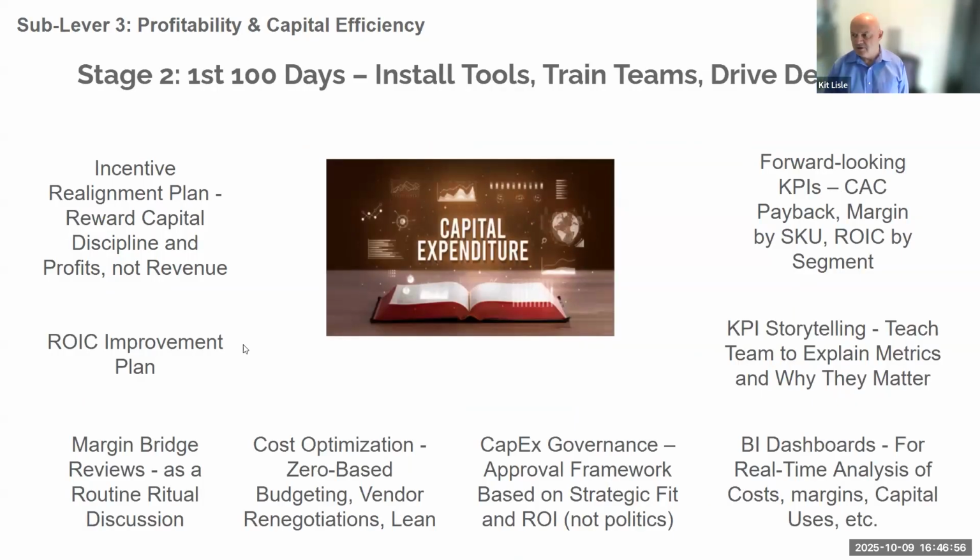Then in the first 100 days, in other words, after diligence is complete, we're going to be installing tools, training teams, making decisions. So forward-looking KPIs. And then we want to be able to not only improve what the KPIs say, but be able to tell stories around those metrics. So this is a skill that has to be taught. It's muscles that maybe haven't been there before, and being able to demonstrate or share the narrative may take some time. It's like riding a bicycle, I guess. Then the dashboard, then we get into governance, cost optimization, a margin bridge, ROIC improvement plan,